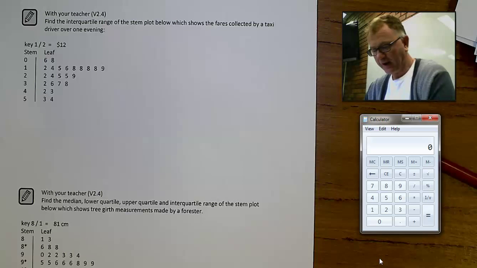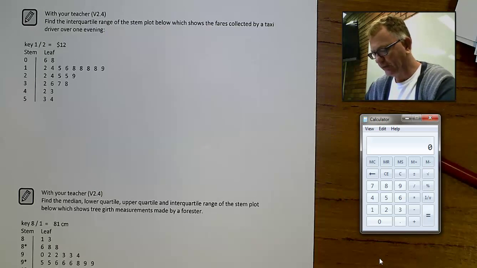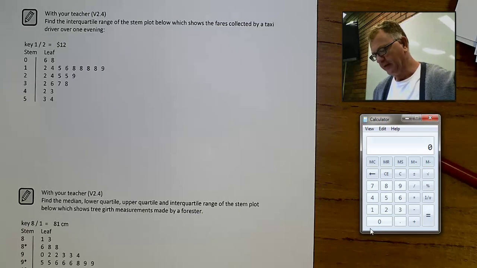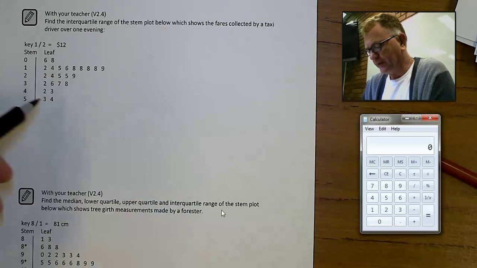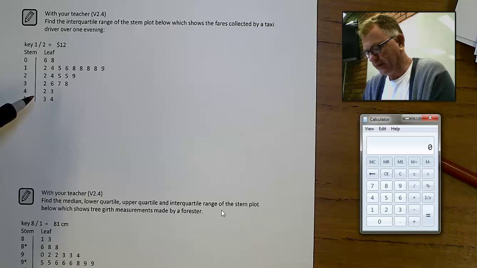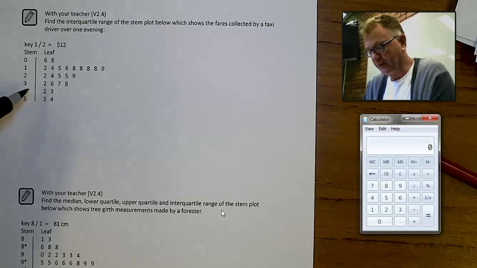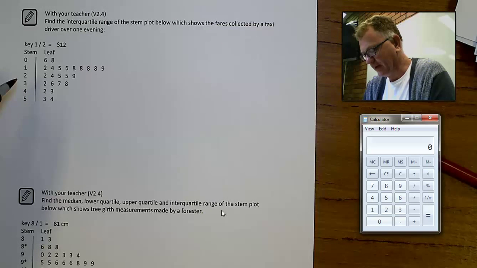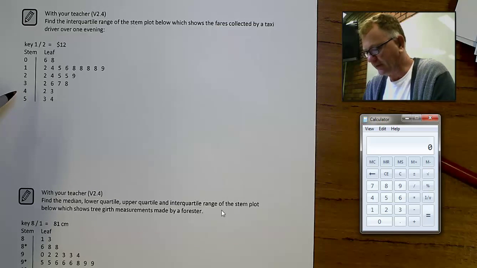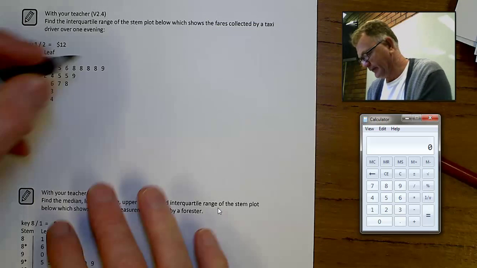So we're doing an exercise here which involves us in calculating quartiles and an interquartile range from a stem plot. So the first thing we have to do is identify the quartiles. Now, to do this, we divide the data into two halves. And to divide the data into two halves, you must first find the median. So with this taxi fare data, there are 24 pieces of data. So that will make the median